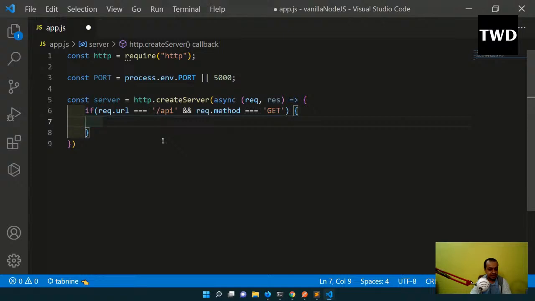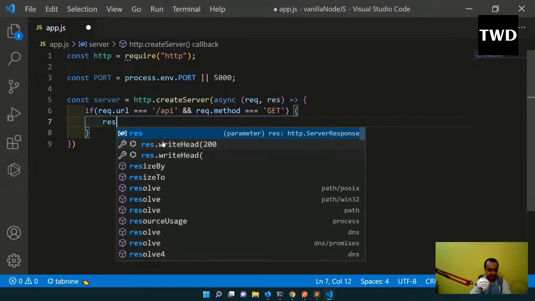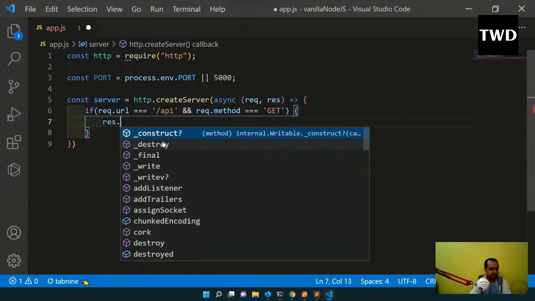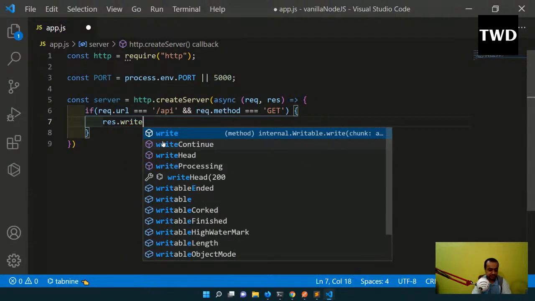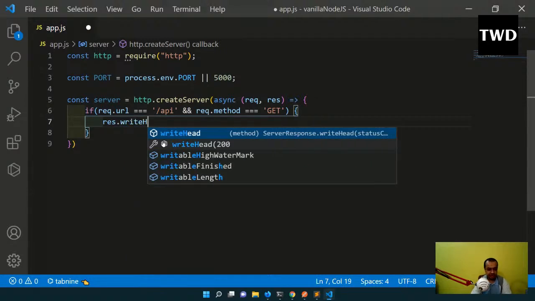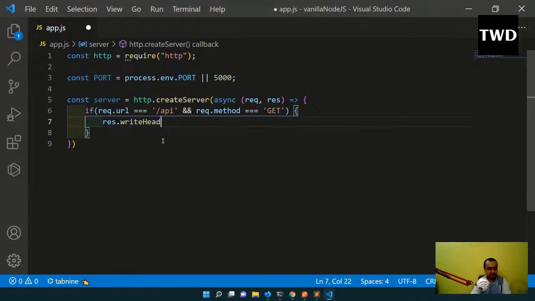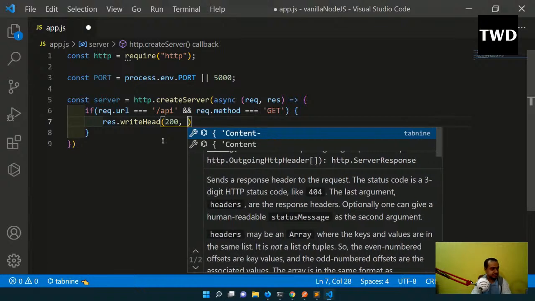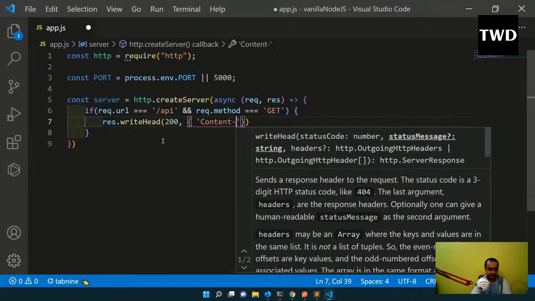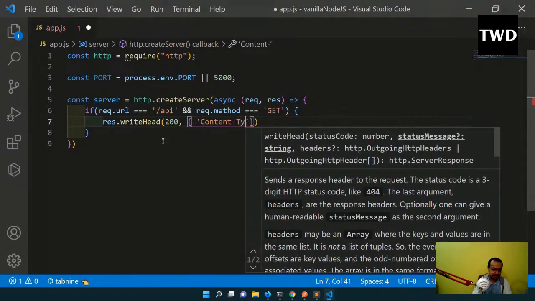Then we have access to the req and res objects in Node also. So res.writeHead is there, we have access to this. So we are writing in the head of the request 200, and Content-Type